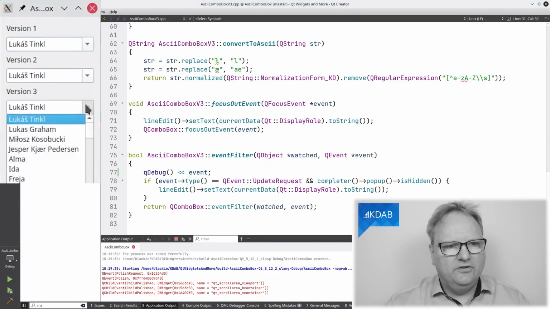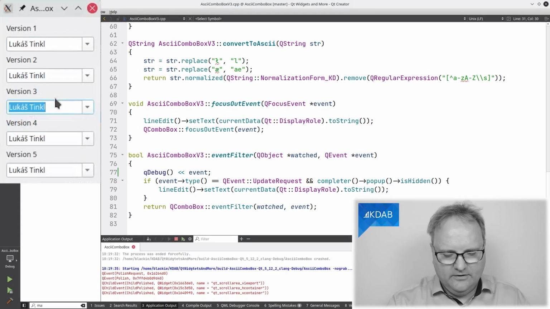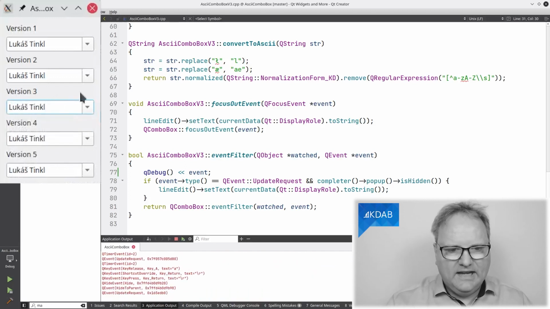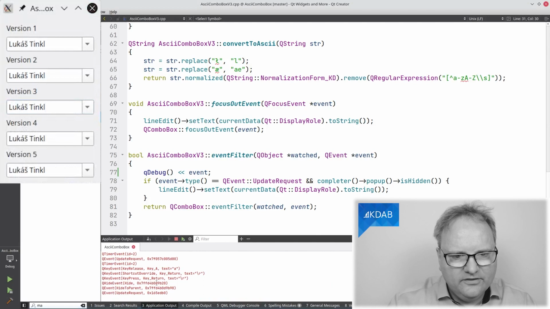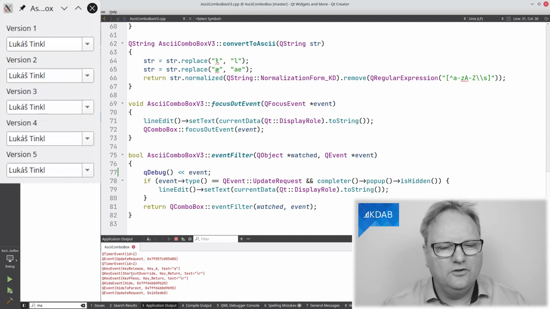So anyway, I printed out the events and we saw a bunch of events here now. I bring up this combo box here and I type Lou. You can see lots of events coming in now, and I press enter and I look down here and I see there's a key return key press. For some reason, I never saw the key release. I guess somebody else stole that.